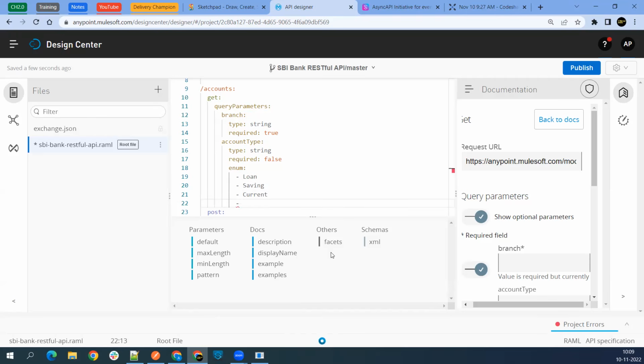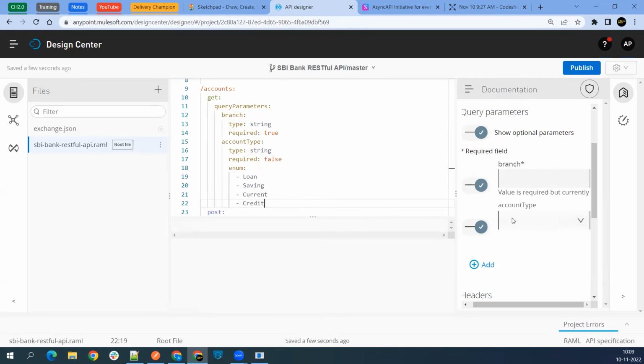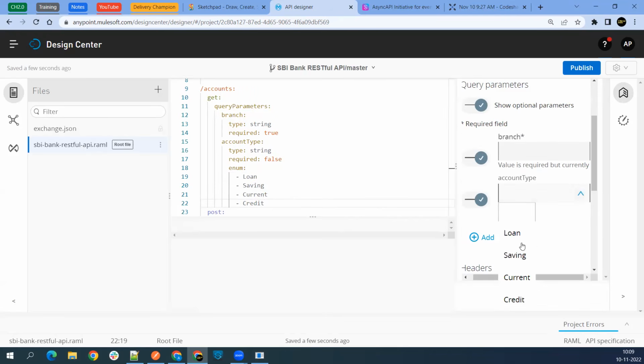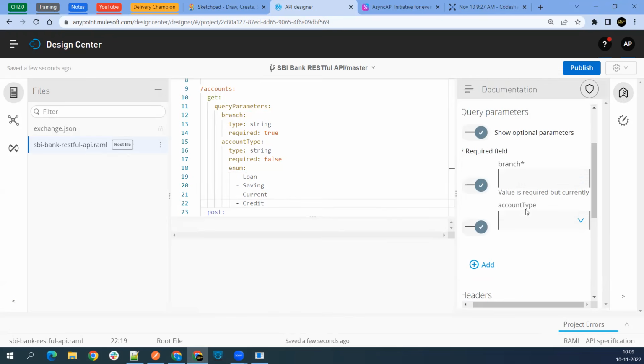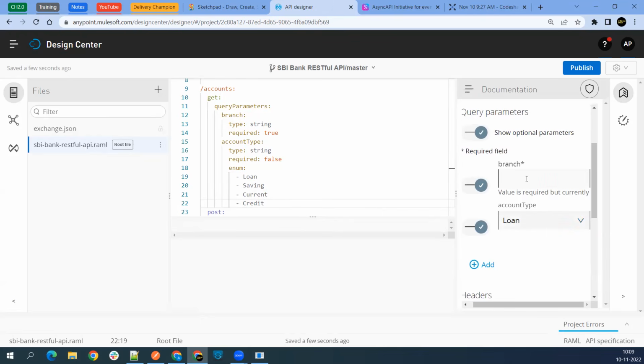Finally, I'll say credit. There will be some different types also. Now, if you go here, the account type becomes a drop down, and it's showing me the values. Can I edit it? No way, I cannot edit. I have to select it from here. And branch, if you give this